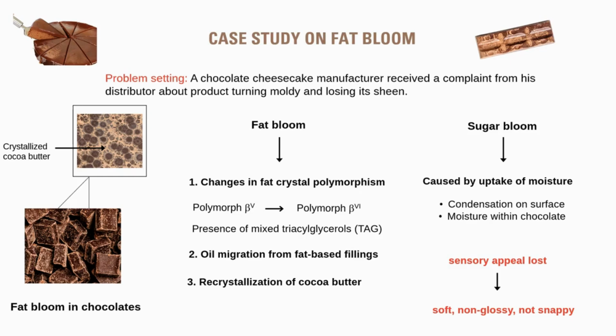A chocolate cheesecake manufacturer was contacted by his distributor, a bakery owner, for receiving a batch of cakes that had a white mold-like appearance on it and had lost its sheen. He tasted a few samples. Some of them were grainy, while the others had no taste alterations. Owing to the safety of his customers and fearing the loss of his brand reputation, he returned a few samples to the producer for detailed analysis and requested a fresh batch of cakes. Let's look at this case closely.